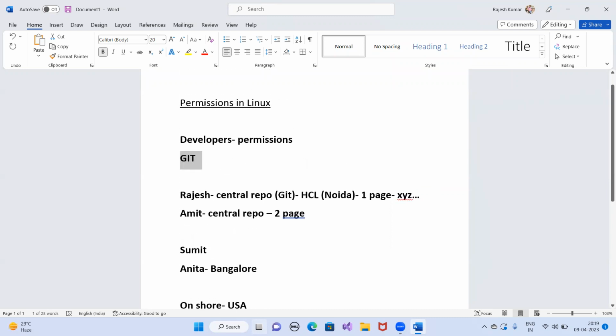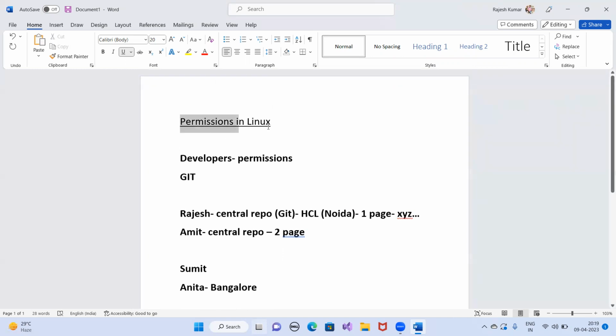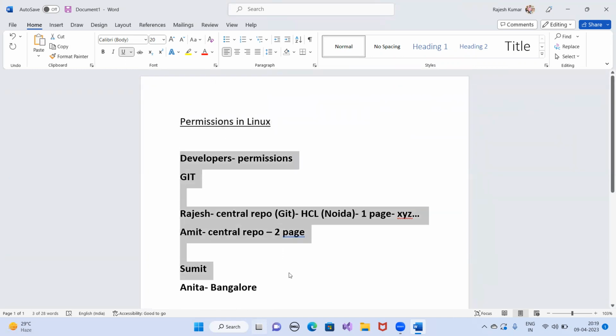You need to give the permission if your job permits that. If it is not given in your job, it will be done by the Linux administrator. But if this task is part of your job responsibility, then you will also be assigning the permission to each and every user.